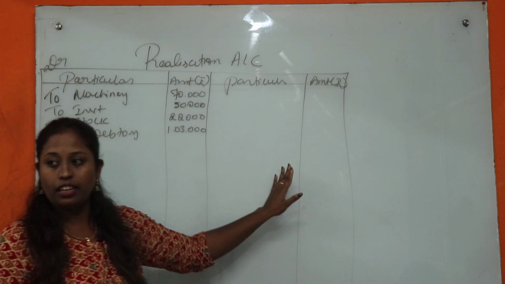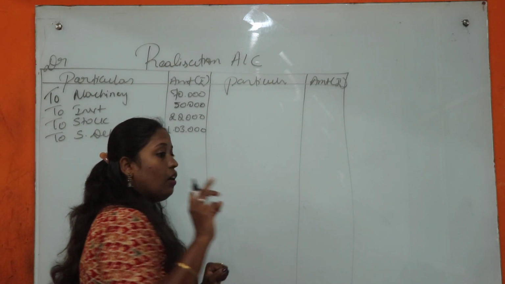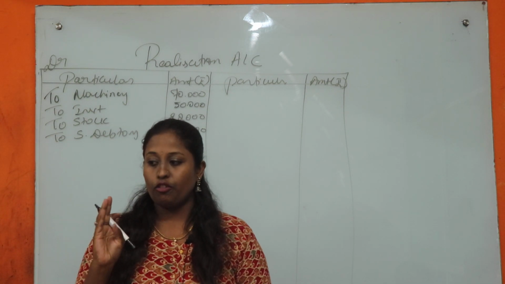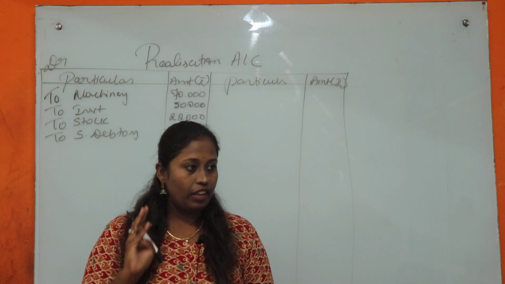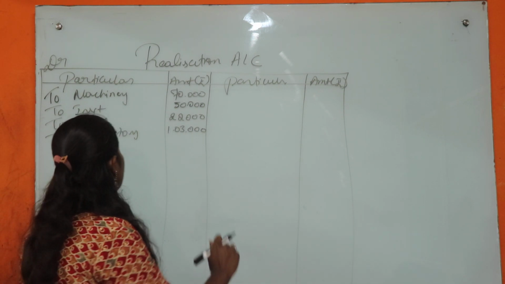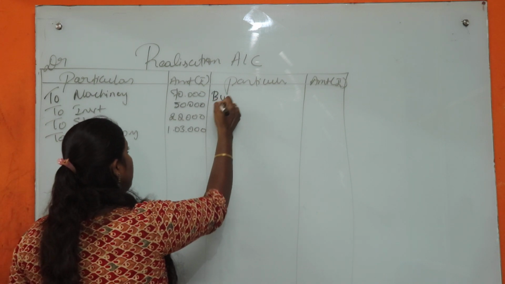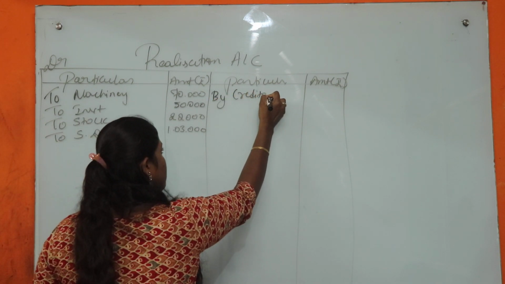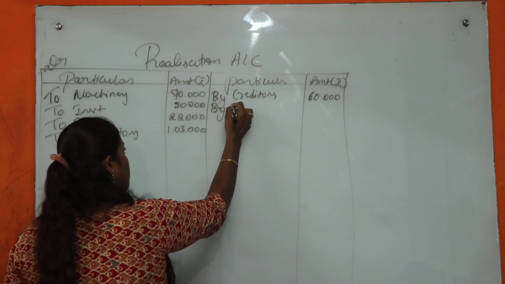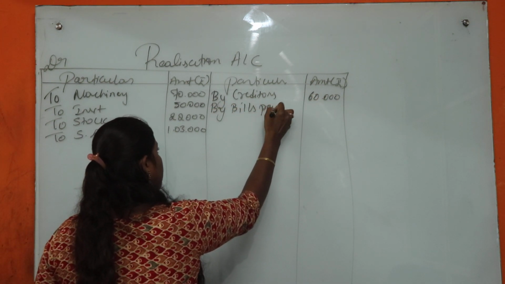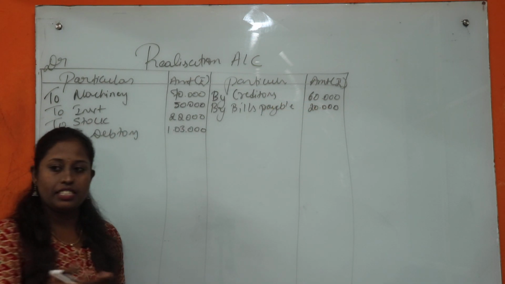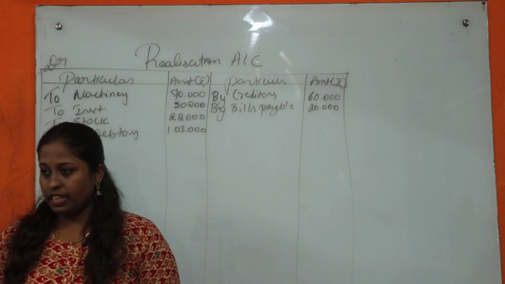Let us take all the liabilities over here right now. Only liabilities. Remember, you should not take any kind of reserves, any kind of profit and loss, or any kind of capitals. You should not take all these three things. Yeah, transfer everything over here. By creditors, how much? 60,000. Next, bills payable 20,000. Next, that's it. We have reserves and capitals, which we will not be taking.